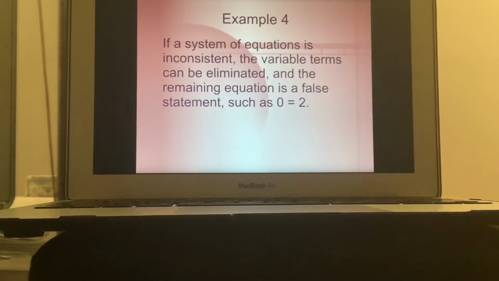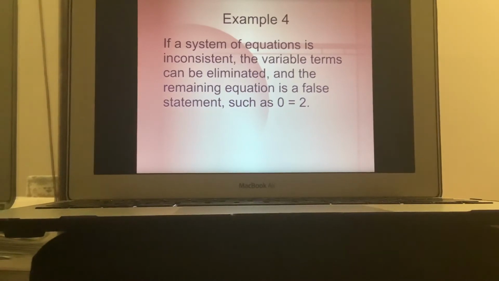Now, for the next example, take a look in your book on page 302. The problem is not going to be on our slide, but you can read it in the book, example 4. The two equations are x plus y equals 7,